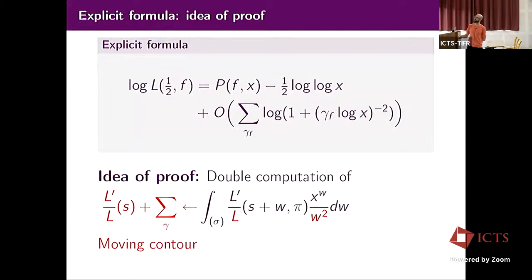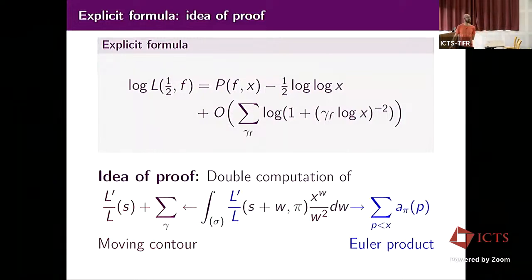You have your logarithm that you get by integrating these L prime over L, and the sum over zeros. On the other hand, you can also use the Euler product: L is a product over primes, so you take its log and it's a sum over primes, and you can take a derivative and get a sum over primes of what appears in the Euler product. Basically you see the spectral parameters that you relate to the Fourier coefficients in the Euler product. And that's the proof, exactly as the usual explicit formula for one-level densities.